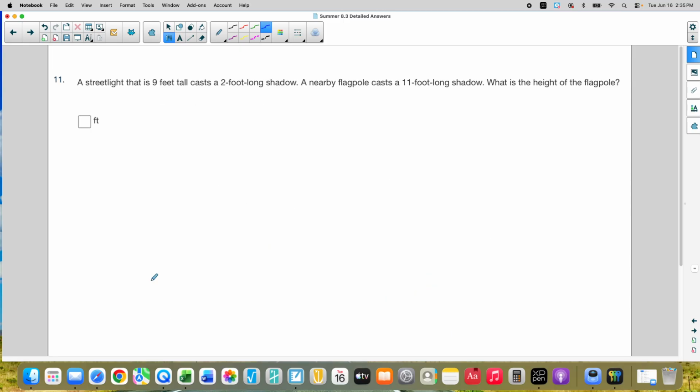Number 11. So number 11 says a street light that is 9 feet tall, here's my street light. And that street light is 9 feet tall. Cast a shadow 2 feet long. Okay, so we've got a shadow that is 2 feet long. Okay, that's the shadow. A nearby flagpole